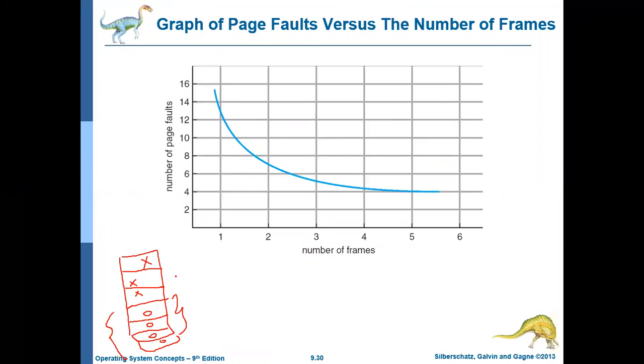When you first bring that page, obviously it will create a page fault. So initially the page faults will be more, but subsequently, when a sufficient number of pages have come in, based on the concept of locality of reference, the page faults will gradually decrease. So basically this graph shows that as the number of free frames increases, the number of page faults will decrease. The more the free frames, the fewer the page faults. That is what it shows.